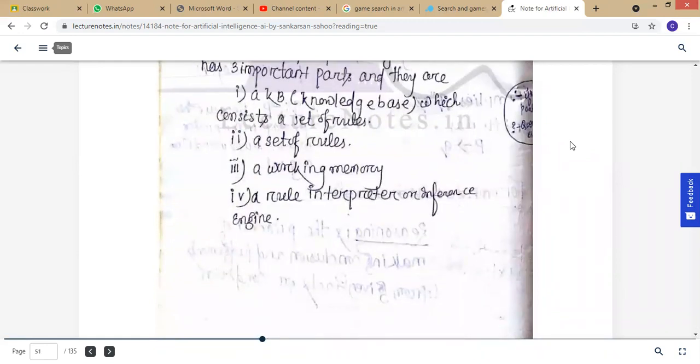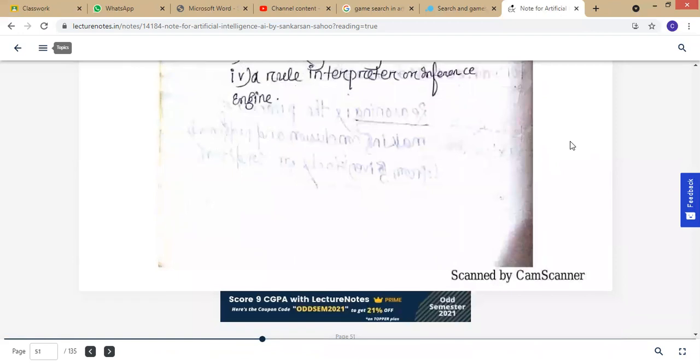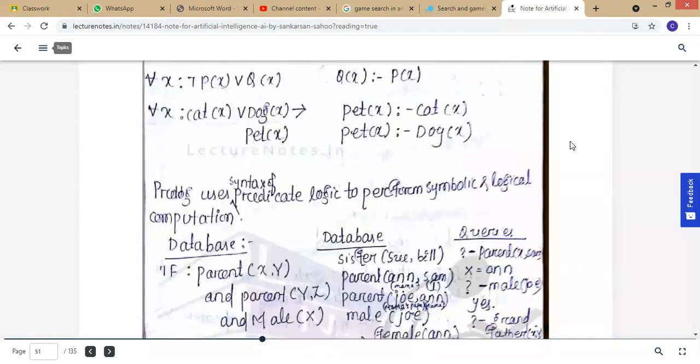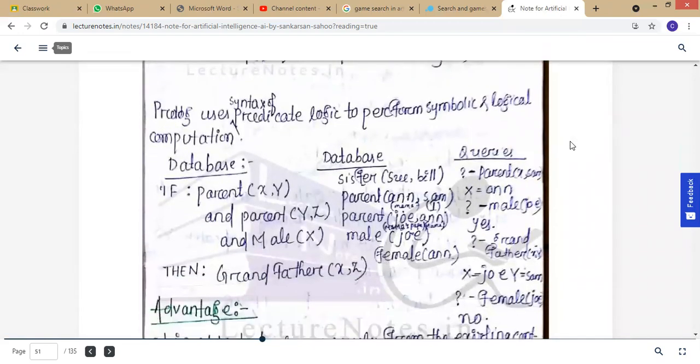And inference engine. So Prolog uses syntax and predicate logic to perform symbolic and logical